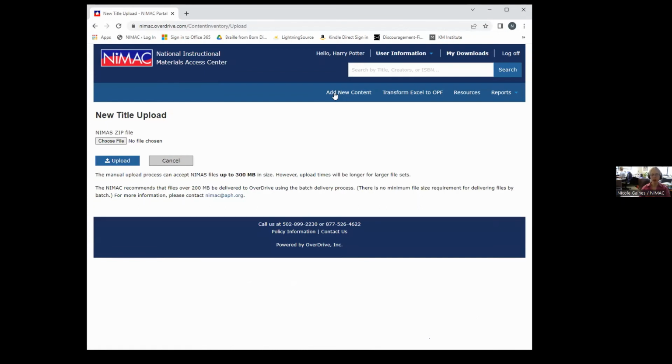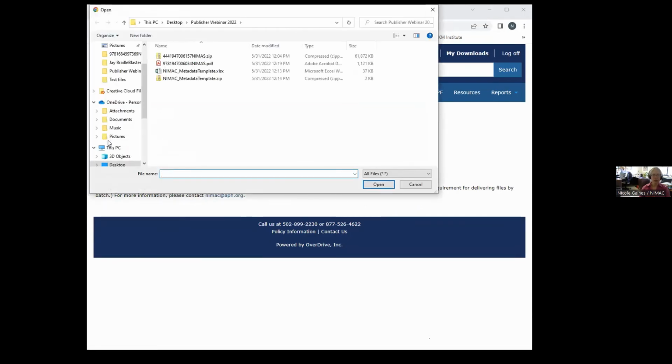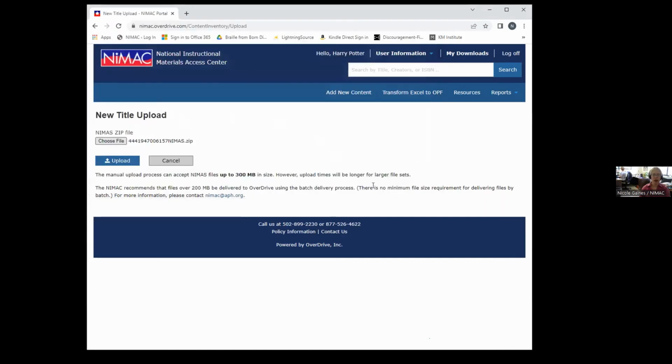And again, we'll be talking more in detail about that in the second webinar. But if you have a smaller file, it's a very simple process to upload a file, and I have a test file here that I'm going to walk through and show you how it works. So once I've navigated to the file and I click the upload, what you'll notice here is that the time that it takes for this particular part of the process to complete depends on the size of the file,